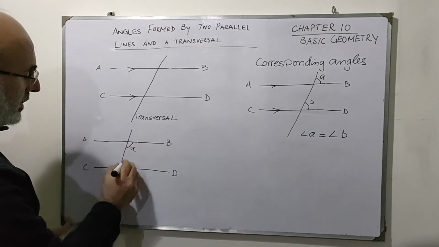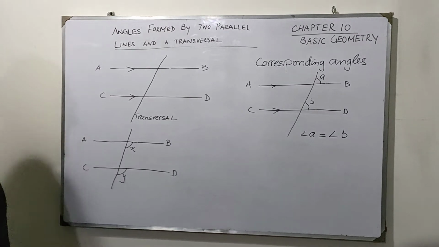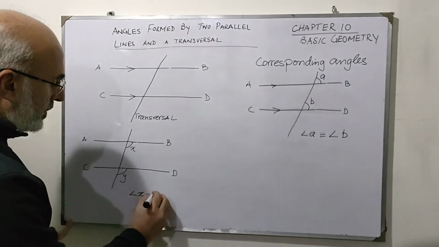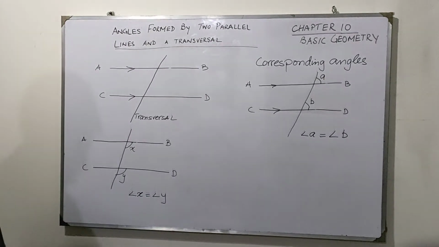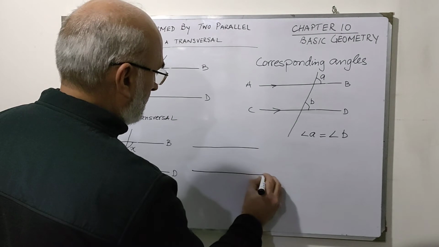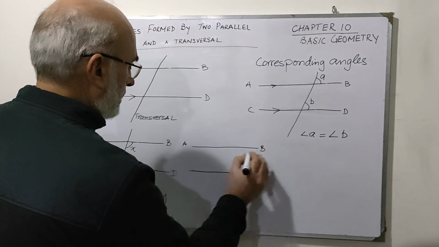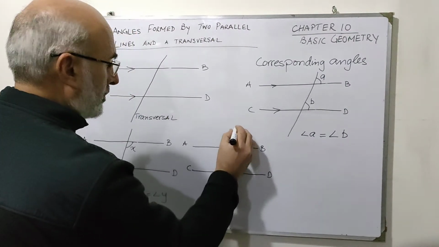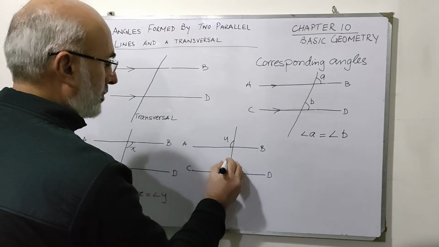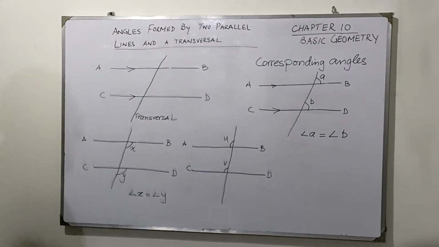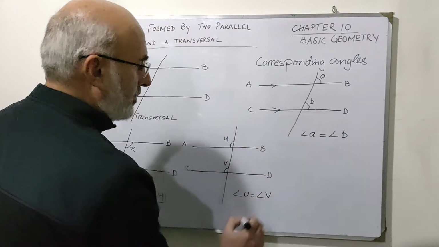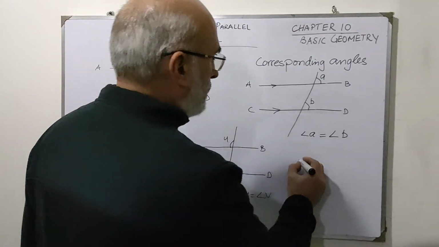Suppose this is X and this is Y. These are also corresponding angles, and here angle X is equal to angle Y. The third possibility is this. These are also corresponding angles. Angle U equals angle V. And finally we come to the fourth possibility,